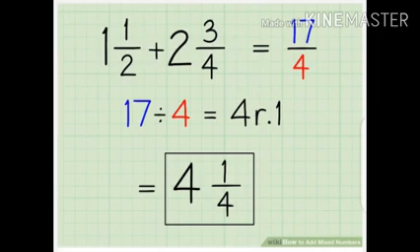Now 17 by 4. After dividing 17 by 4, you will get the answer 4 remainder 1, or 4 whole 1 by 4. Why did we do this? Keep two things in your mind. When you get the answer after addition or subtraction, then check whether any cancelling is possible with the same table. If yes, then do that. If not, then leave that.